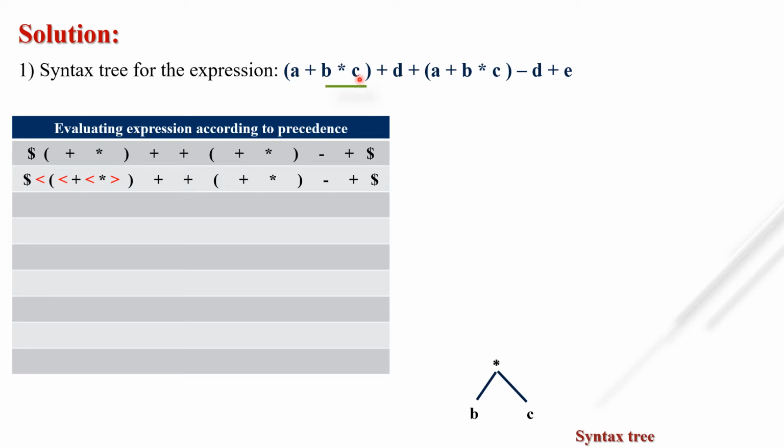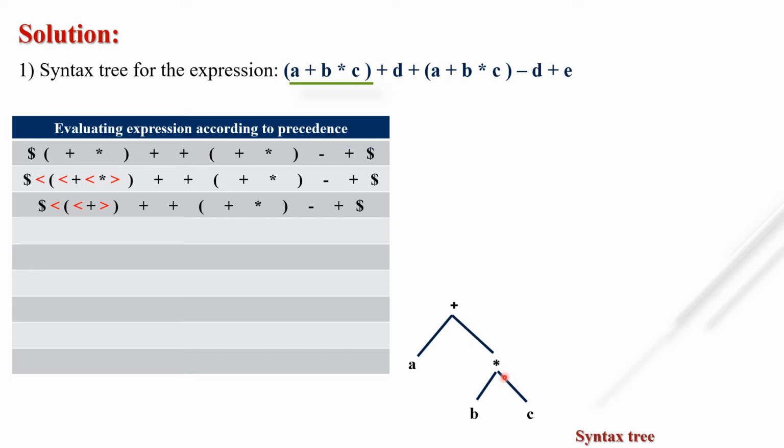Okay, and then the handle occurs with this plus. What is this plus? This plus is occurring with the operand a plus b into c. So this b into c will be added with a on the left hand side, because a is on the left hand side of b into c. So what is the syntax tree? On the left hand side plus a. In parallel you can also write the 3 address code. What is our t1? T1 equal to b into c. What is t2? T2 equal to a plus t1.